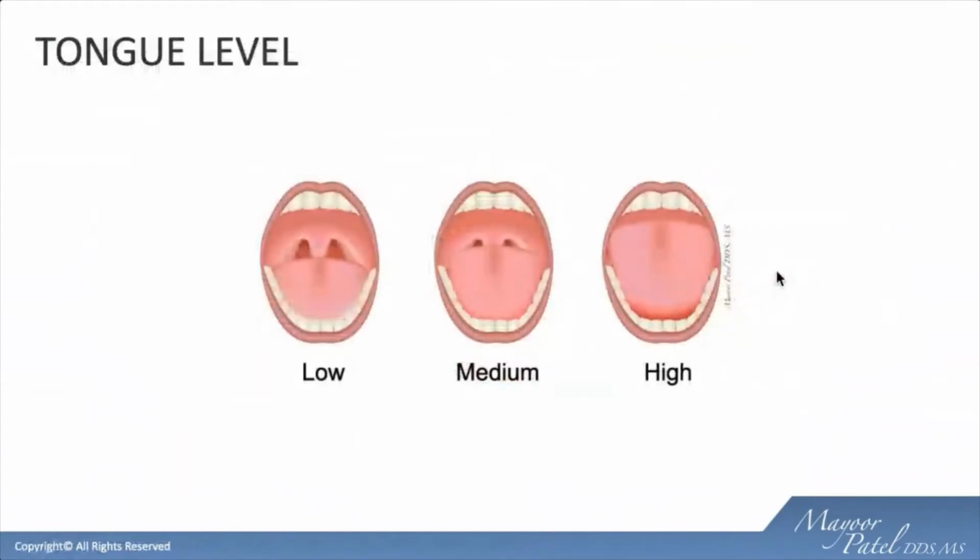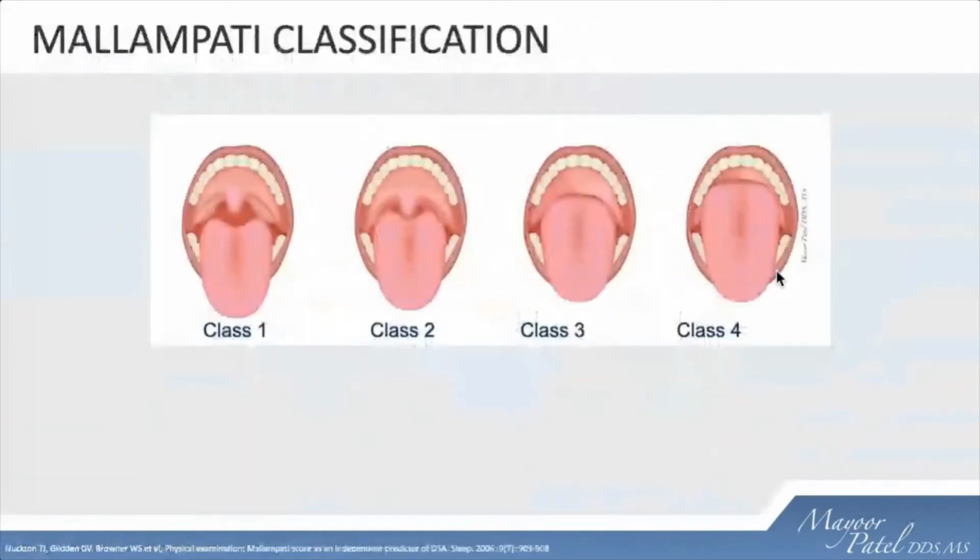If we just have our patients open and we see where their tongue resides, if the top of the tongue is below the occlusal plane, there's a low chance of possibly having an airway issue. If it's at the occlusal plane, maybe a medium risk for it. And if it's above the occlusal plane, maybe a higher risk associated with it. But another classification system that may have a little bit more value is the Mallampati classification system. And in this instance, when you have the patient jet their tongue out, you take a look at the oropharynx.